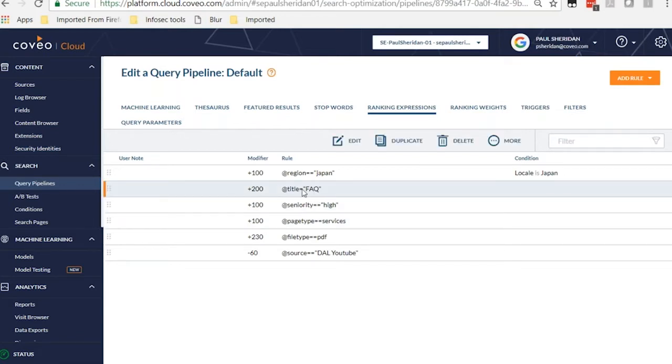For example, here I've got a little rule that says if the title of a document or a page includes the word FAQ, let's give that a nice big boost because I know that my frequently asked questions pages are really effective. They help solve customer problems. Let's promote those automatically. Lots of other things you can do in here as well to really configure and customize how